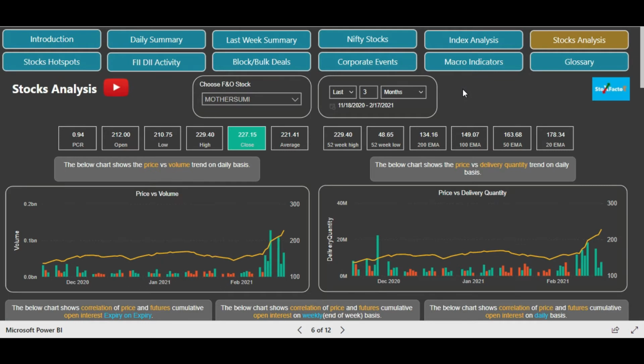So friends, as you can see on your screens, I have already selected the stock, that is Motherson Sumi, and I will take 2-3 examples of different stocks. The first example is Motherson Sumi, and we have taken the default time frame, that is 3 months, and the data is already filtered based on this time frame. And let's see how we can analyze the OI data of the option chain.